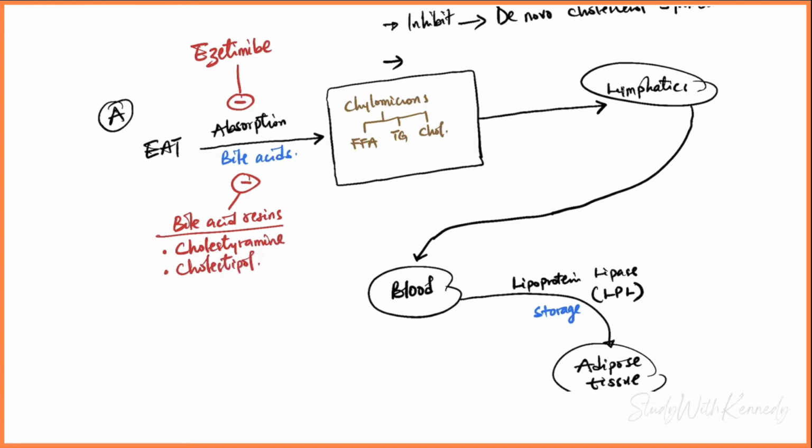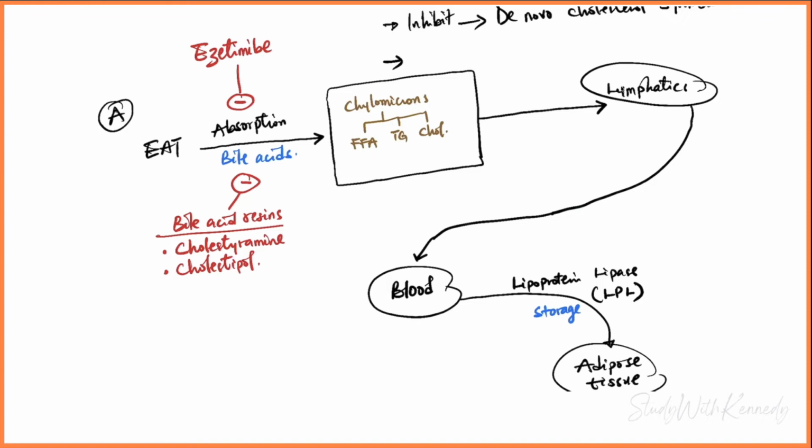Cholestyramine and cholesterol. These are bile acid resins. These medications are made to inhibit what? Bile. They are made to inhibit bile. They are going to waste bile acids, and then the liver will be forced to make more bile acids, and then we would have less cholesterol in the blood. Beautiful idea. The next thing that happened here is that chylomicrons went into the lymphatics,